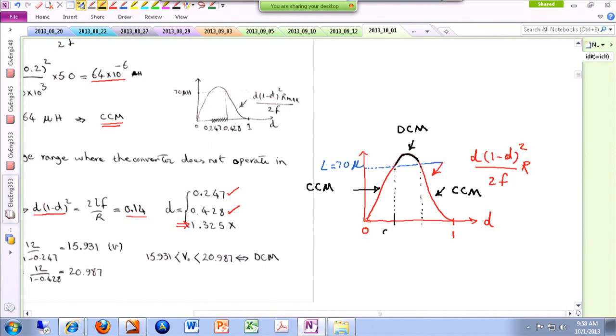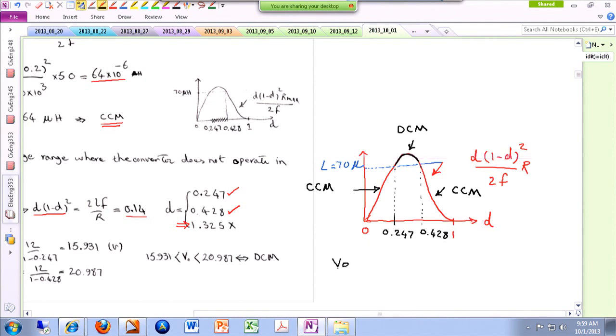One of them is obviously my drawing over here is not up to scale, but 0.247, and the other one is 0.428. As long as I stay out of these boundaries, I'm good. I'm operating under CCM. Otherwise, the converter is operating under a DCM. So I know the boundary values for the duty cycle, and then I can plug them into the equation